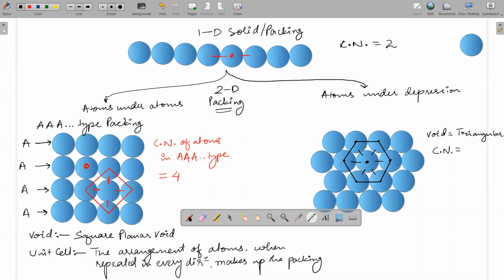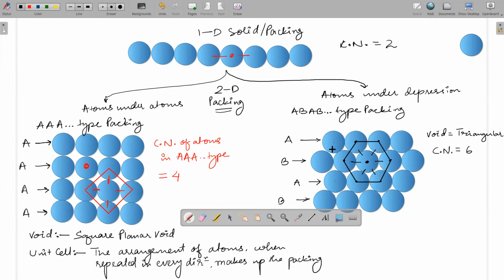Okay, so this is your unit cell. Coordination number was 6. Now we also have to give it a name. So this layer is A. Now is this layer the same as the above layer? No, it is a bit shifted, right? So this layer will be B. But as you can see, this layer and this layer are very similar. It is just on one another. So this will be again A, and this will be B. So this type of packing is known as AB type packing.